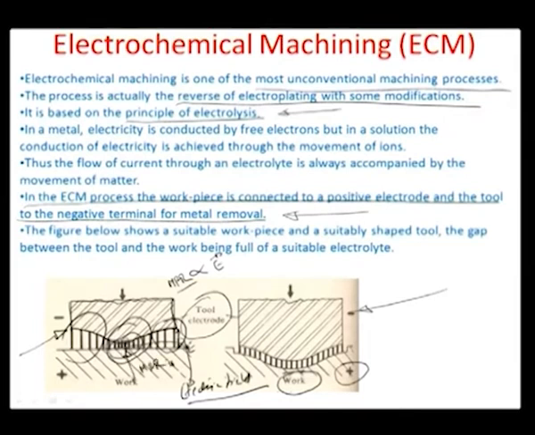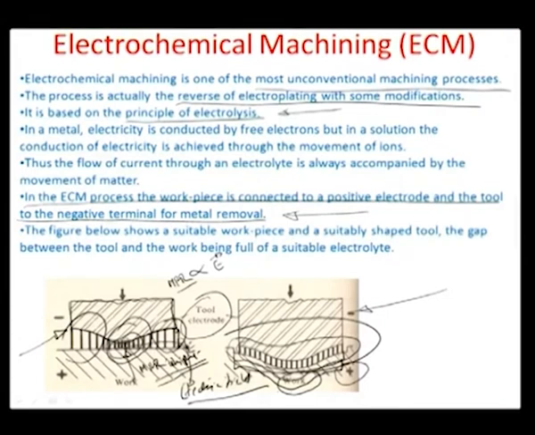Okay, so MRR is highest where the tool is closest. And the MRR subsequently is lower as you move to the sides, and therefore it is obvious to assume that the workpiece would achieve a shape after a while where the electric field gets homogenized, and beyond which the whole shape, the negative of the shape of the tool electrode, is impregnated, and the ECM process gets carried out after that in the same shape, once this full impregnation of the shape of the tool is embedded onto the workpiece surface.